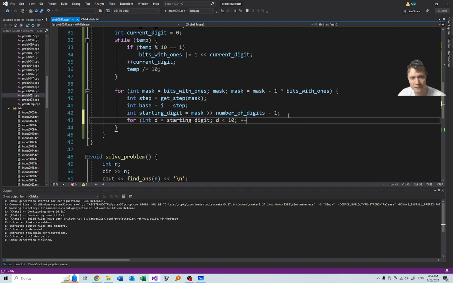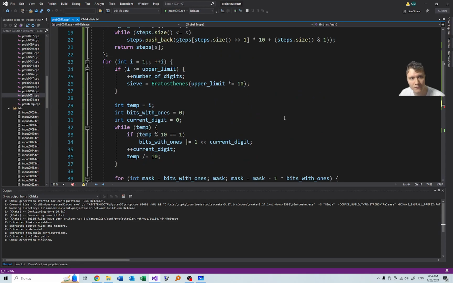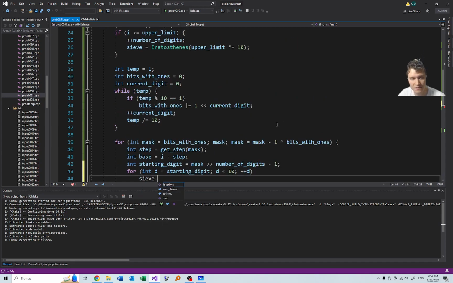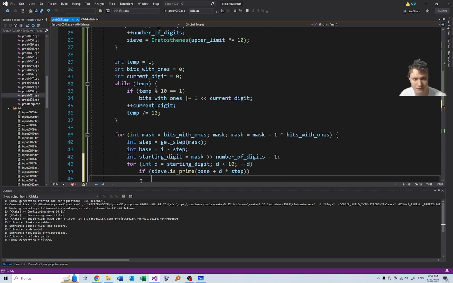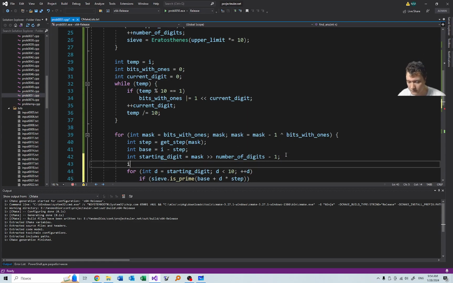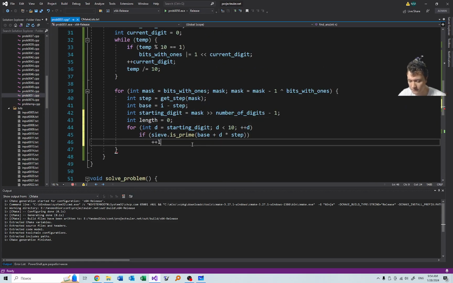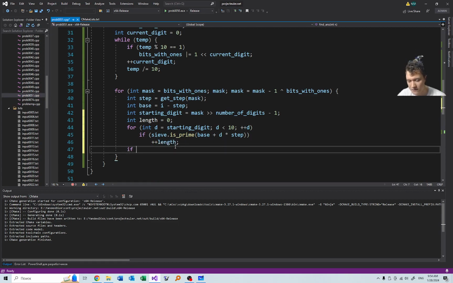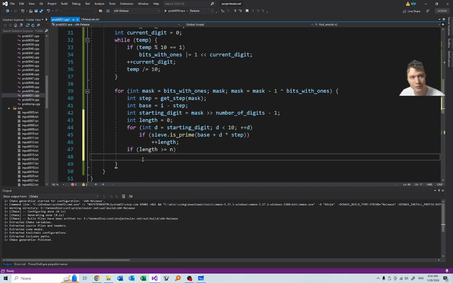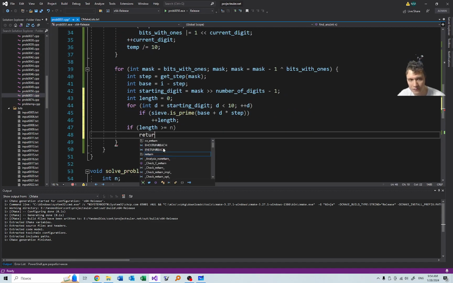Starting digit d is less than 10, and we need to check for primality. So we say that sieve dot is prime base plus d times step. So if it is prime, then plus length. And if length is at least n, we need to stop. We simply return